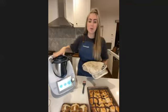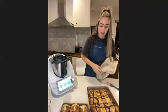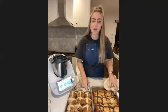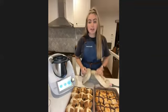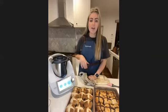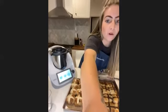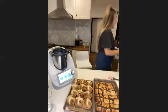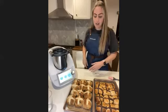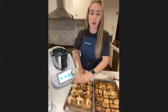So I have just moved on to my next step while Jess was doing that. The last thing that it asked us to do is to make up our sugar wash, our sugar syrup. So we added 2 tablespoons of sugar into the thermo and 2 tablespoons of water. Then that is cooking for 2 minutes on 100 degrees on speed 4. So that's creating that beautiful sugar syrup for us, or that glaze, and we're going to coat that all over